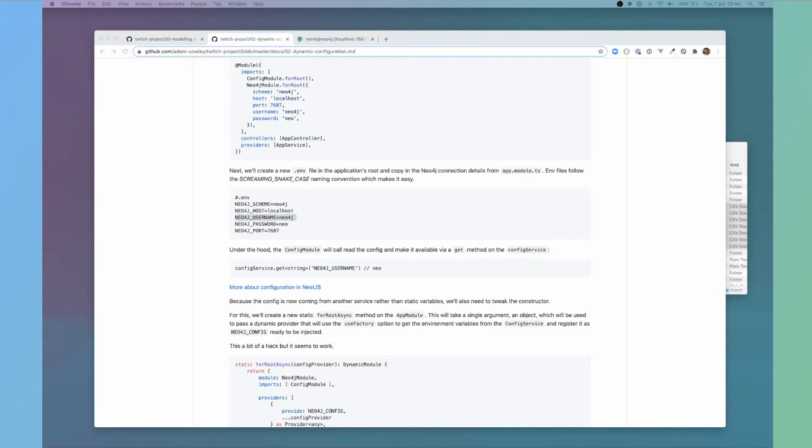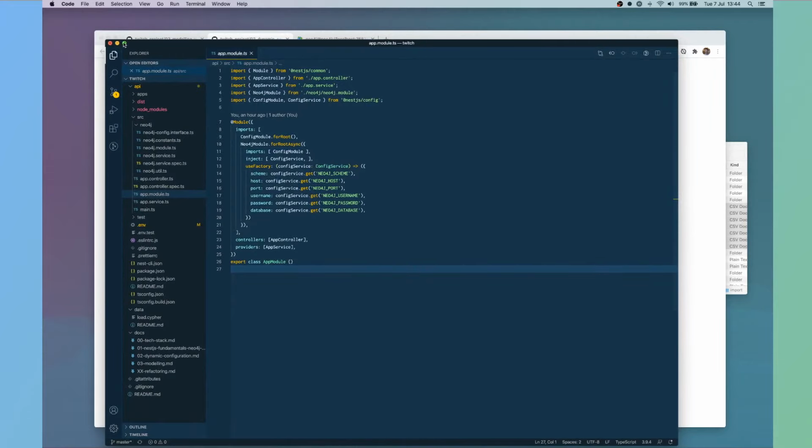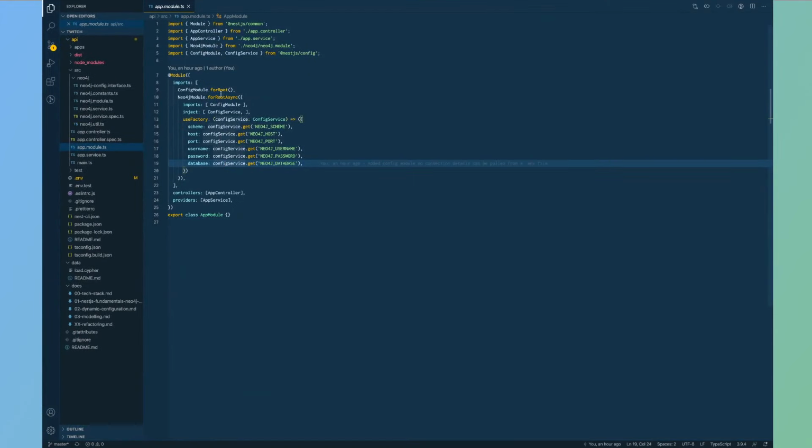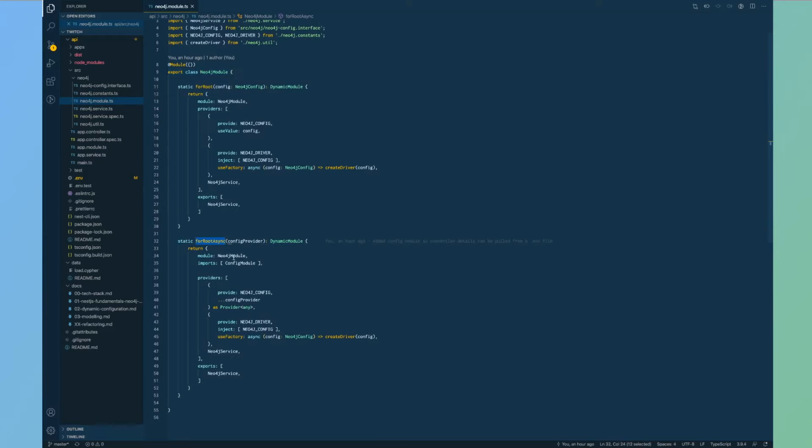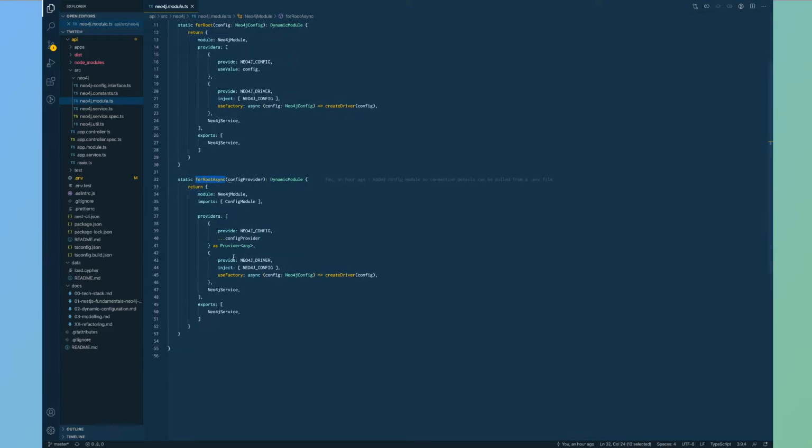If I jump into the module, I created another forRootAsync value, and essentially what I needed to do was to be able to provide the user with the ability to provide a factory function to create that config.